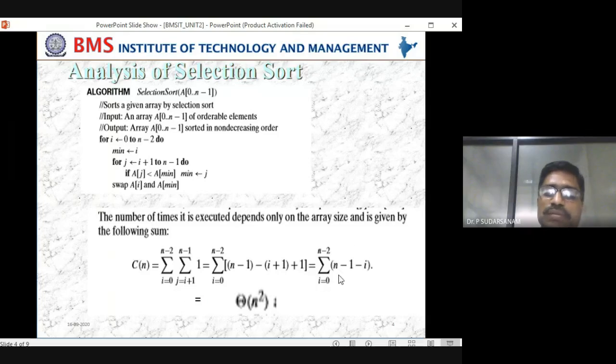Now this one you can make n minus 1 separate and i separately. So you can substitute this by values. You will be getting n square minus 1 divided by 2 some values. So whenever you have n square and subtracting something, that also belongs to theta of n square. That's what we have done, the natural numbers and analysis of the equations. Now selection sort, any doubts?